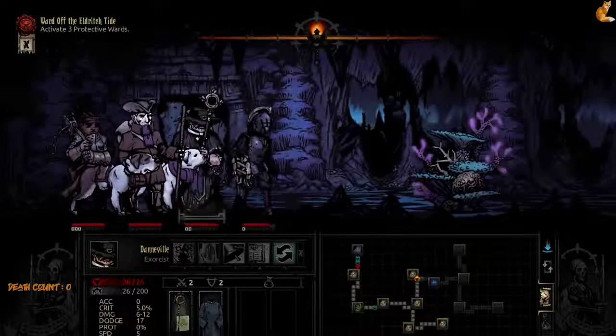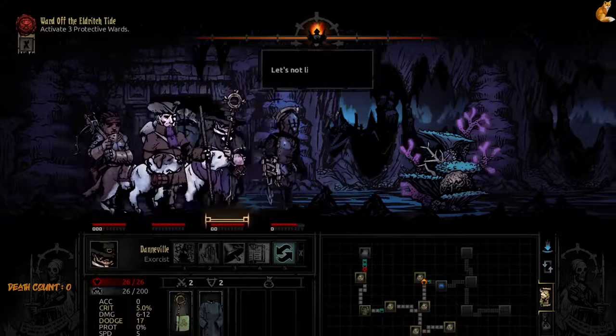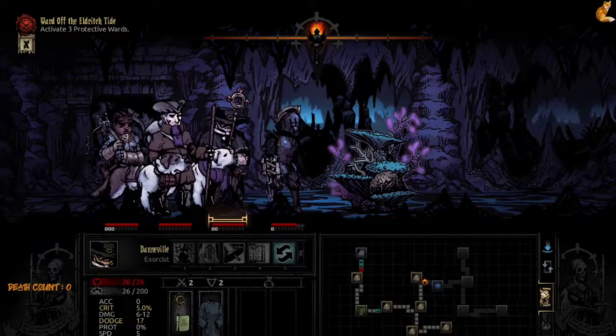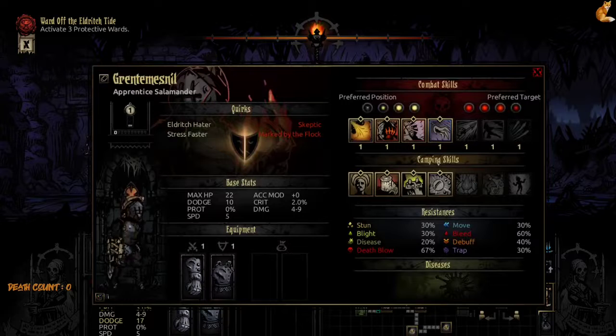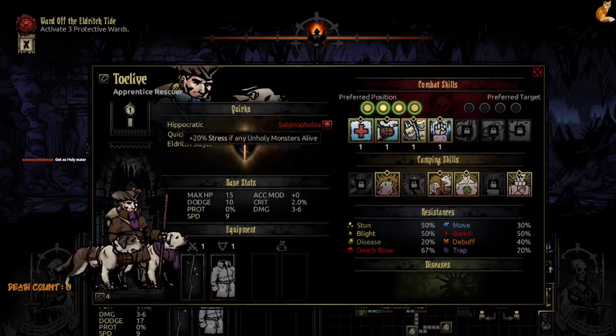And continue onwards. A coral! Oh, a coral! Oh man, okay. That is a clean rather than a grant, right? Right? Yes? Am I remembering correctly? That's a purge of a negative quirk. Yes, who has a really nasty one? Let's see. Skeptic, marked by the flock. Extra stress if unholy or alive,